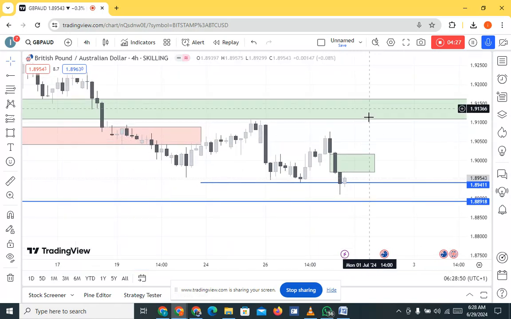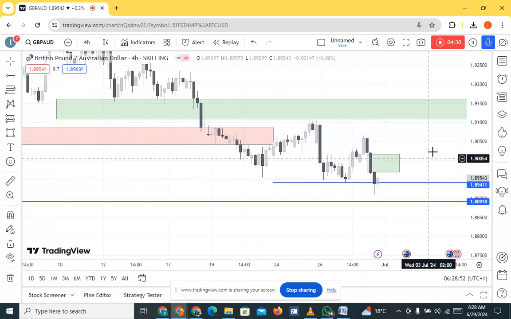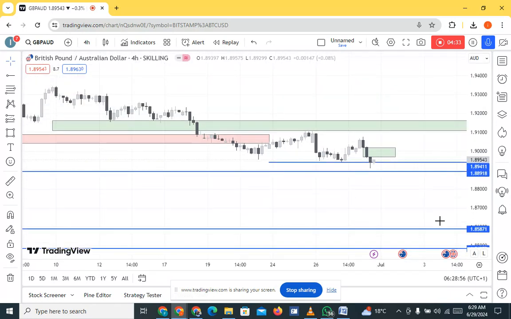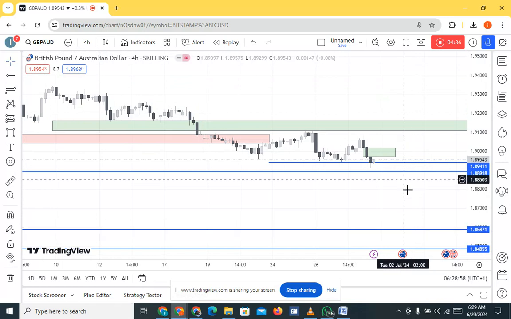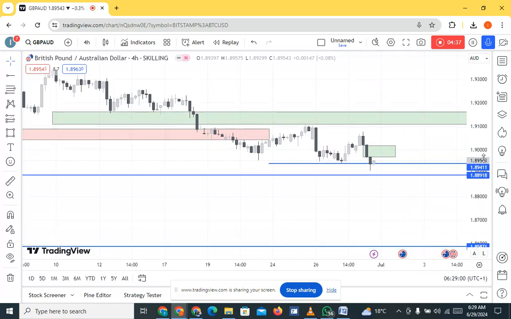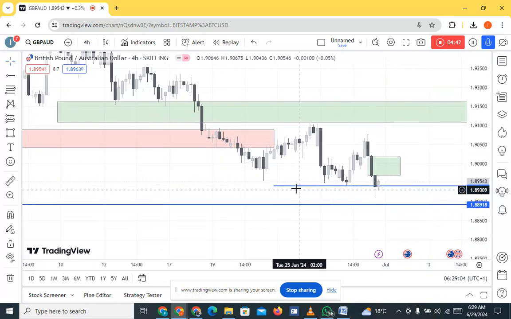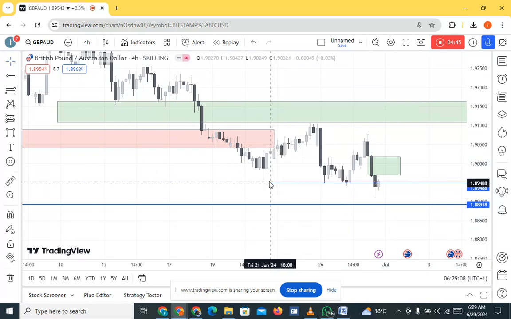But if it doesn't, then we can just continue the ride to the downside, targeting these lows and this one. So it's not a big deal. But this is what I think on GBP AUD, because if you look at